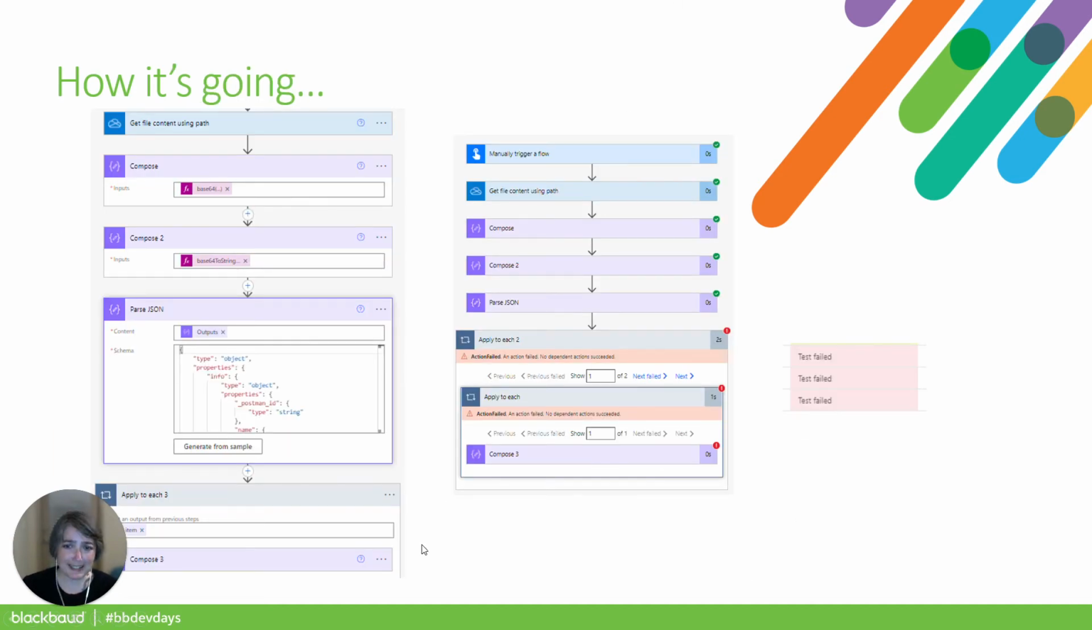So then, how is it going? Well, as you can see, test failed, test failed, test failed. I felt really good when I was setting everything up in Postman. I was really proud of myself for how I was digging into this API documentation. And then when I tried to translate it into Power Platform, into the flow, I realized that there were some unexpected